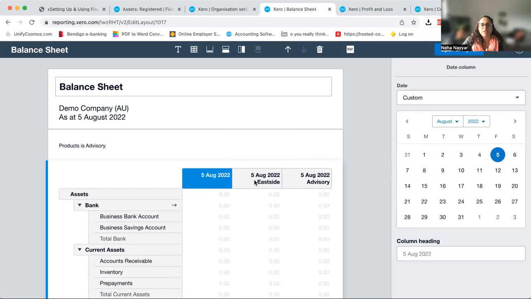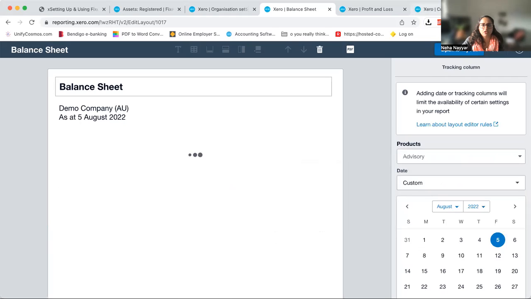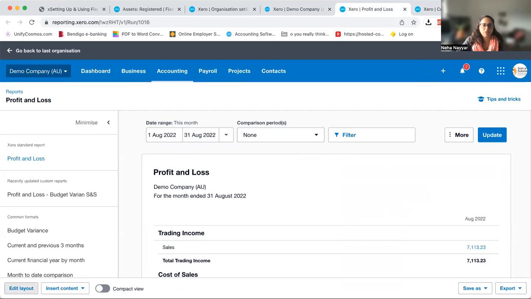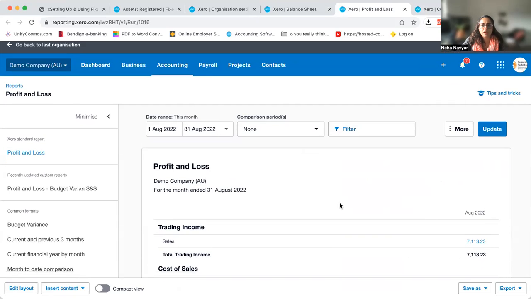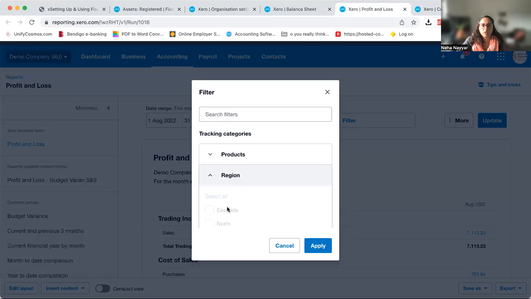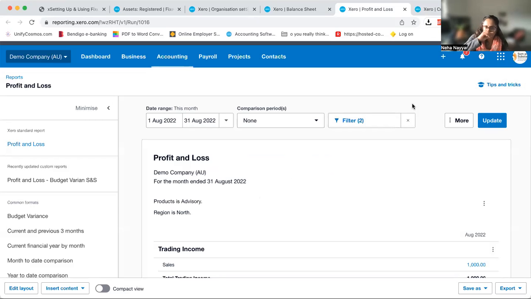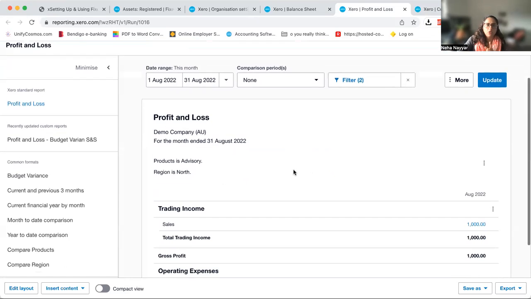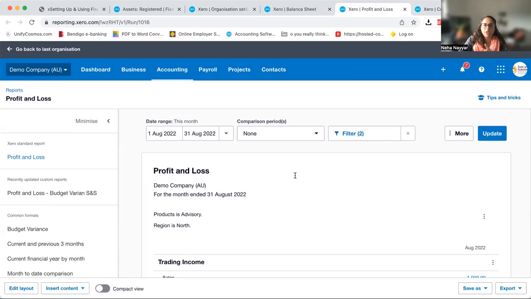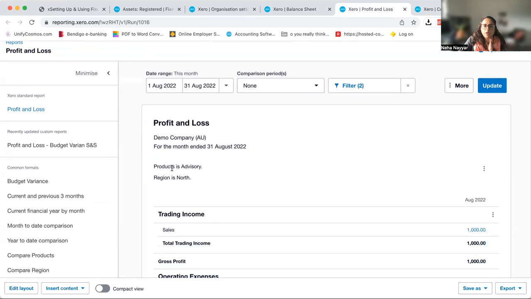Okay, so you can have different regions right here when it comes to your balance sheet, and same thing with your profit and loss. A normal profit and loss, you can just change things in here like we spoke about. So let's just quickly go to North and advisory. See, when we were talking about the budget, you could actually, yes, here is where we can use it. So we did here profit and loss for product where it's advisory and region where it's North. And when we edit layout here is where we can use our budget,